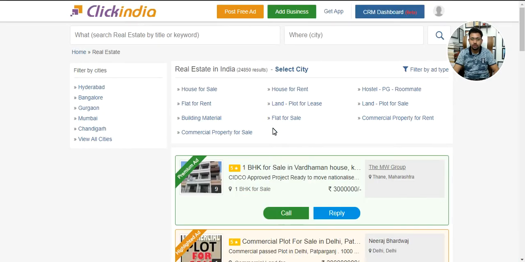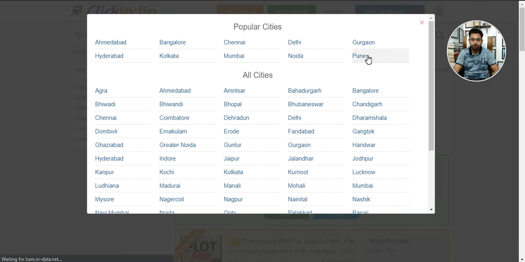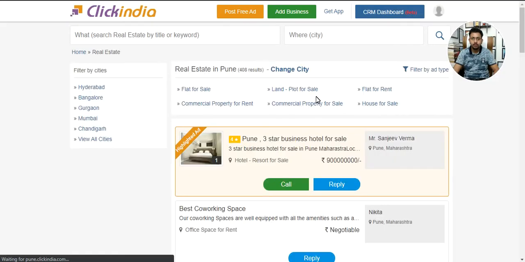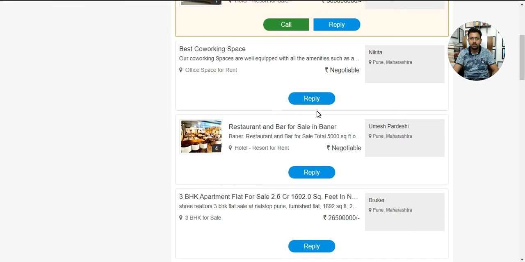Select city, we'll select Pune. For example, I am choosing Pune, otherwise for the rest of India I would say every time I go with Pune only. Don't get it wrong, it's a habit because I stay in Pune.